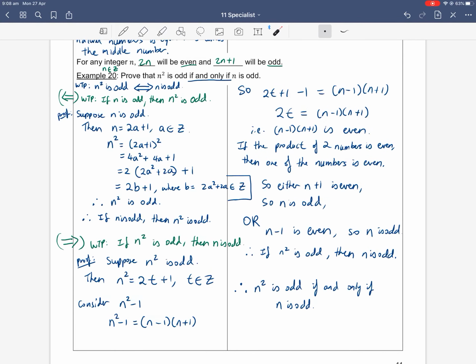So you might need to read through this again and make sure you fully understand the layout and the communication of proofs, because literally every single line of a proof is worth half a mark. In particular, even these little bits like comma, a is an element of Z, or where b equals this thing is an integer, or comma, t is an integer. If you don't write these little bits, you won't get full marks, because these tell us the definition of odd and even numbers, because they have to be elements of integers. If it's not an integer, then we can't talk about evens and odds. There's no such thing as even and odds when we're talking about